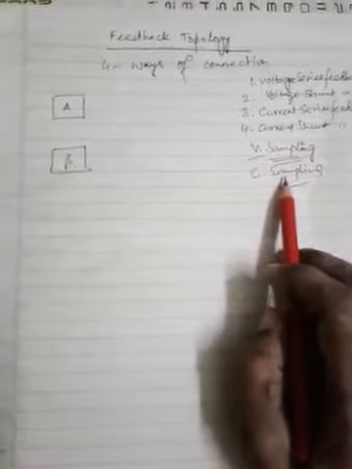Now if it is voltage series or voltage shunt feedback, then obviously it means that voltage sampling is being done, which is taken from the output of the feedback circuit proportional to the output voltage. On the other hand, for the current series and current shunt feedback, a signal proportional to the load current which flows at the output circuit of the basic amplifier is sampled, and that's why it is termed so.